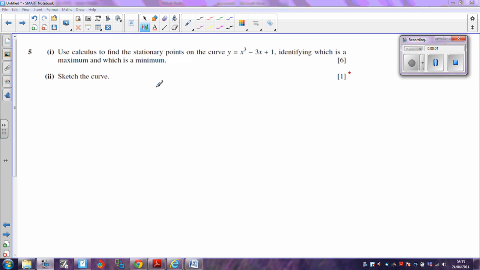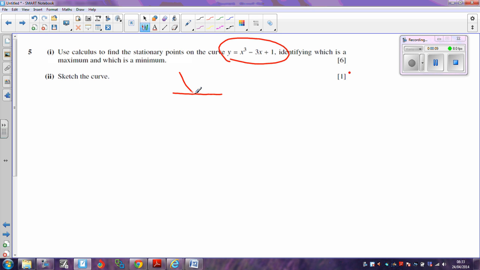Okay, you should know that the stationary points on a curve are the points where the gradient is 0, because you're talking about points where the tangent to the curve is a horizontal line, so the gradient is 0. So what we're trying to do is find the gradient of this line and where the gradient is 0. So to find the gradient for a curve is always dy by dx, and in this case